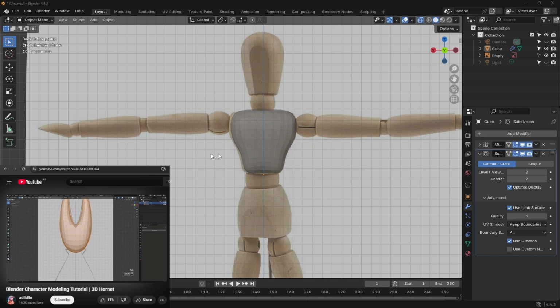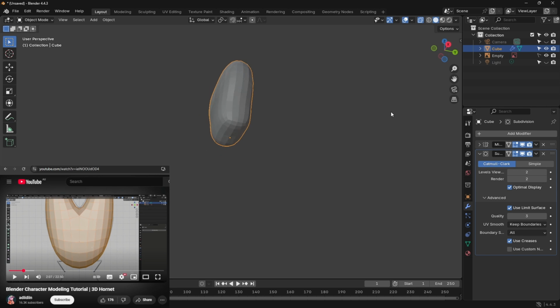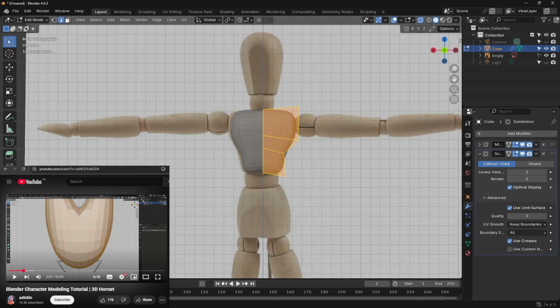For the eyes, go back to edit mode, select these faces and